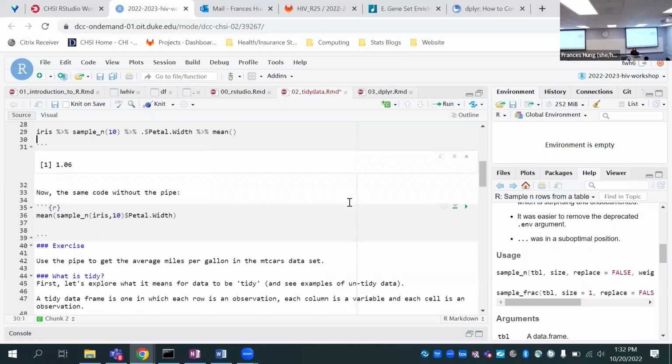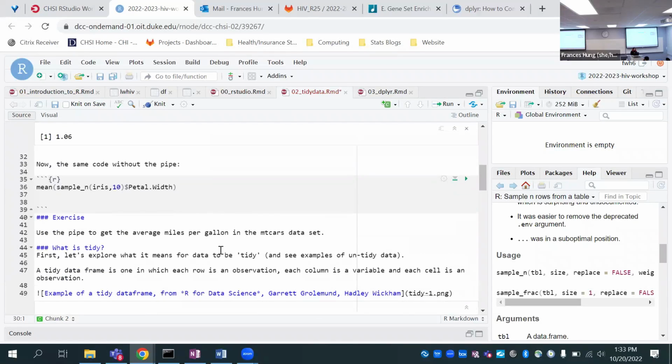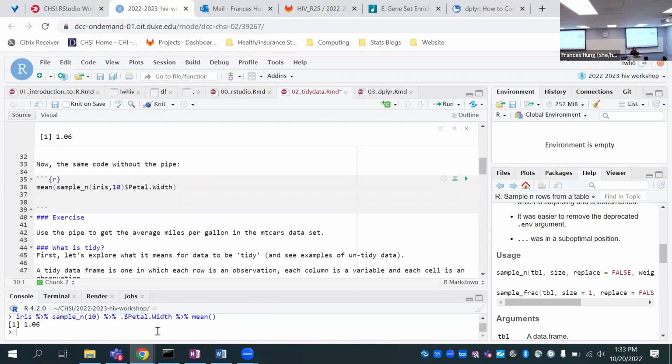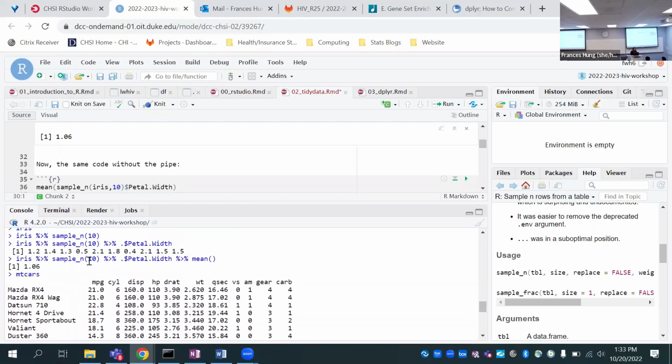Okay, so now we're going to do some exercises, or one exercise actually. We're going to use a data set called mtcars. Let me just make sure that it comes up. Yeah. So if you type in mtcars into the console, then you can see this data frame come up. You can choose to view it using the pipe again, or look at the head and so on.